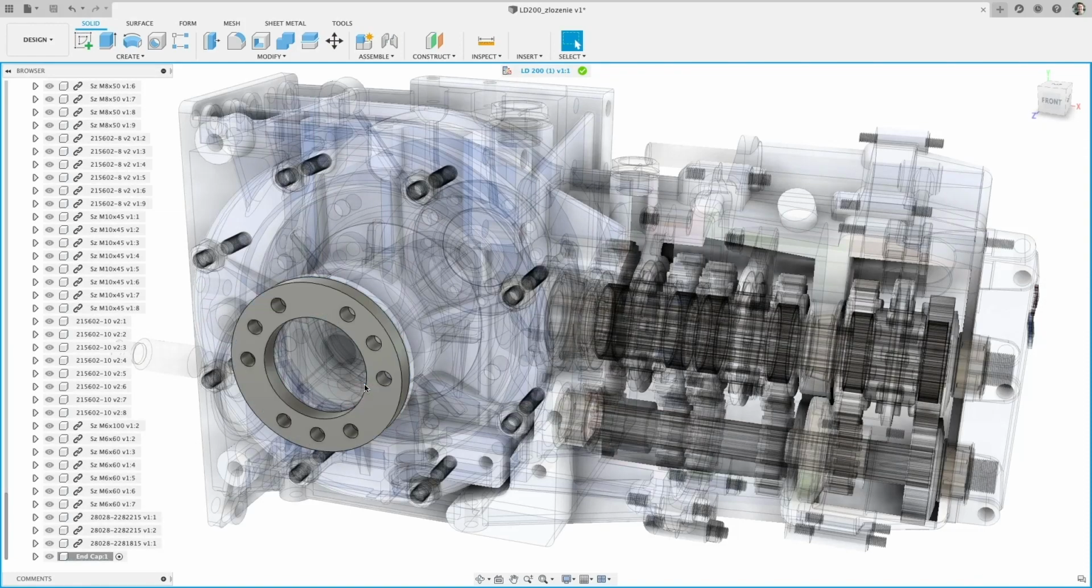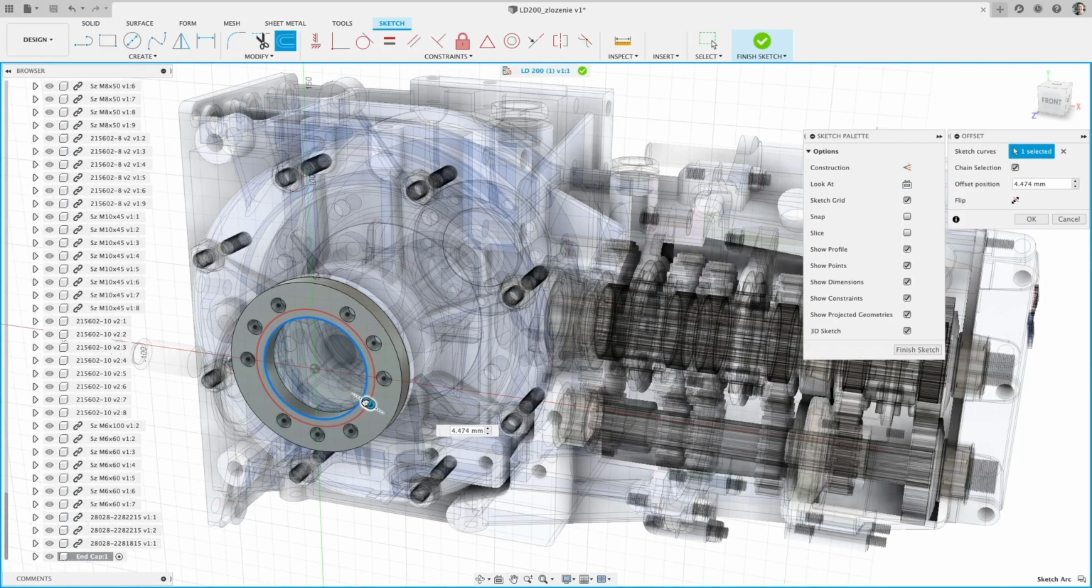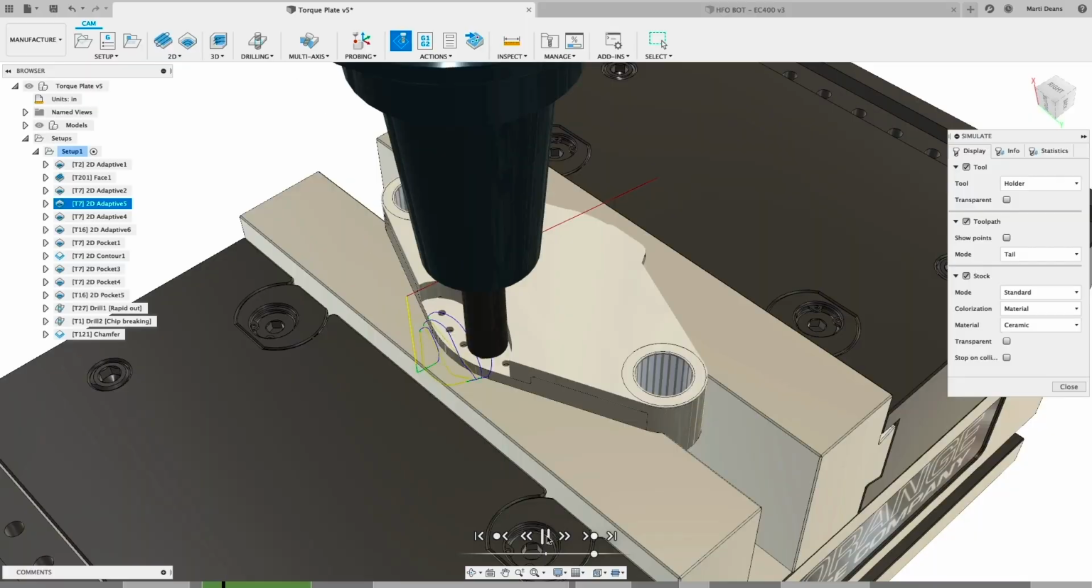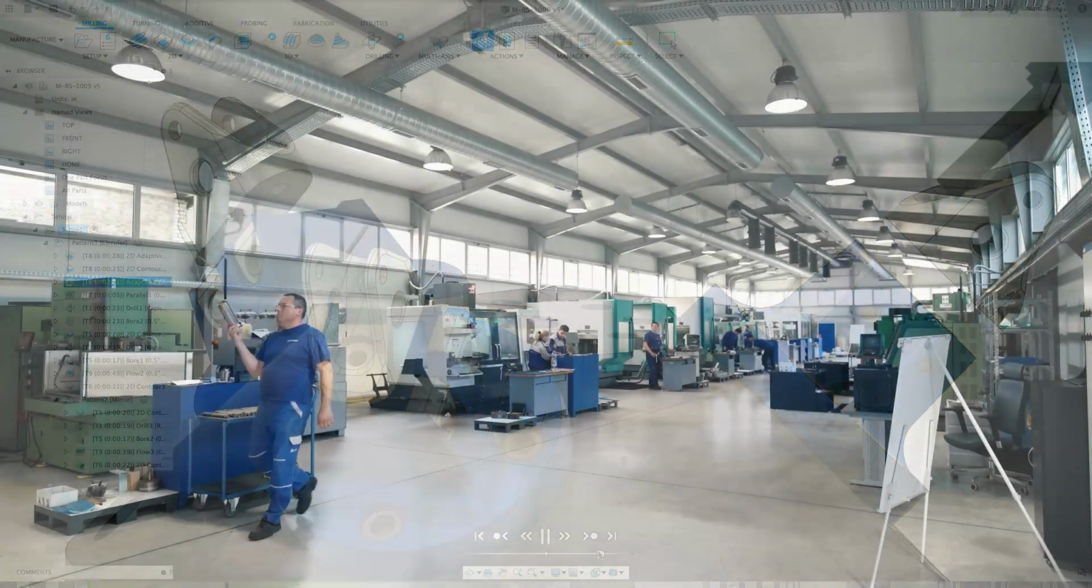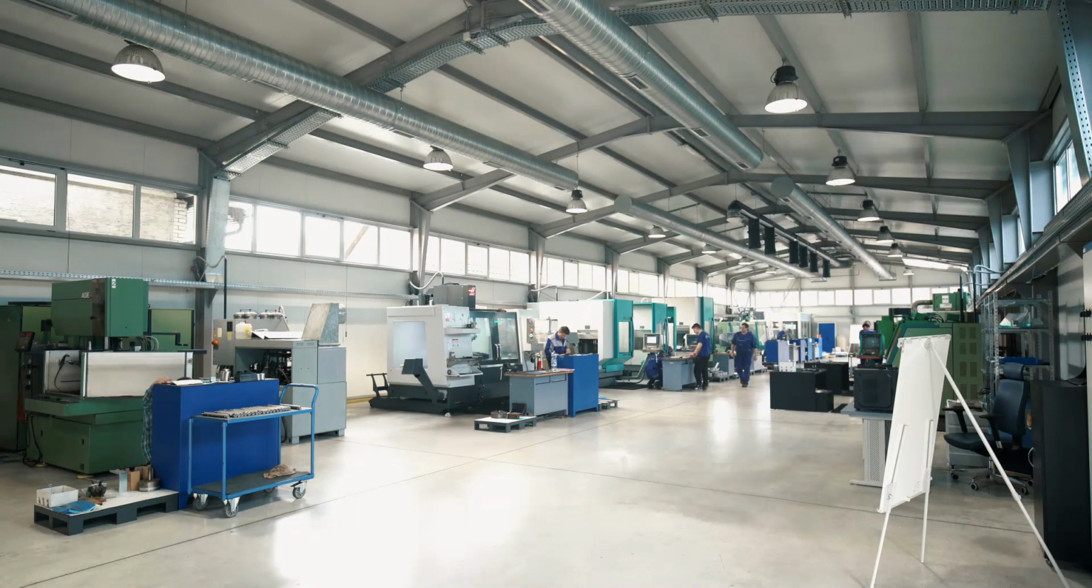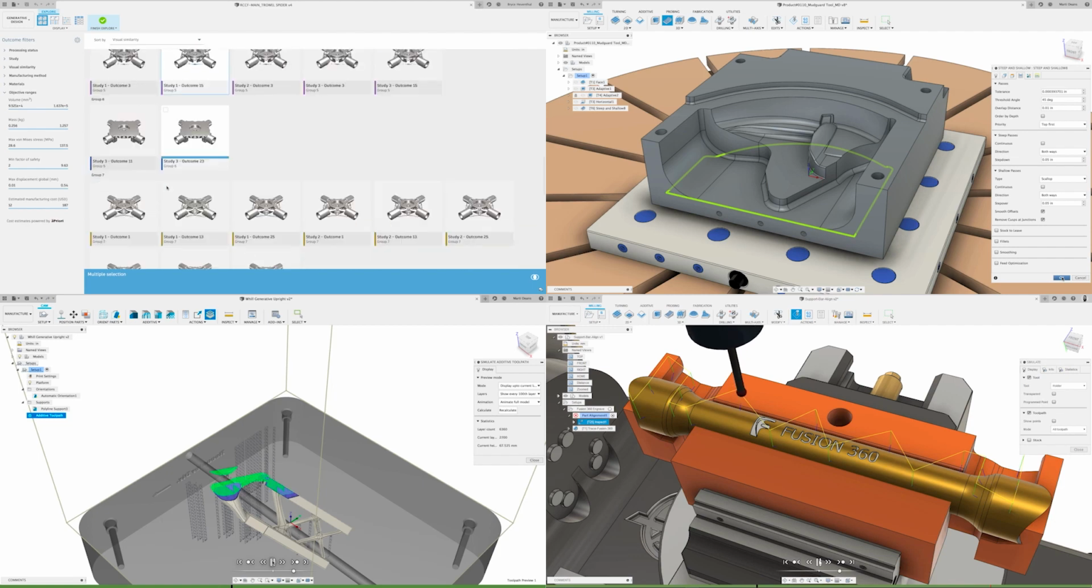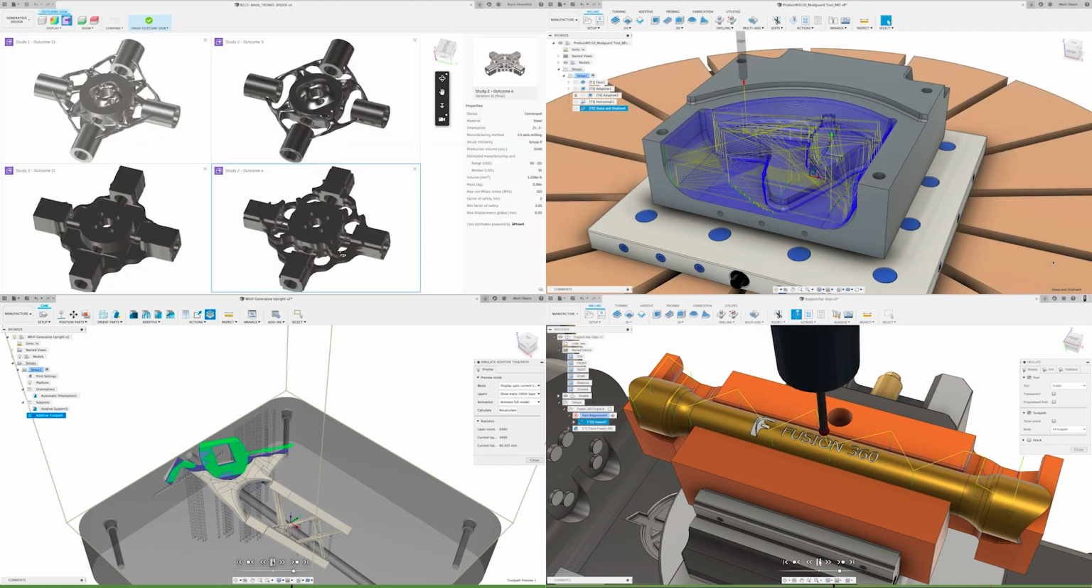A subscription to Fusion 360 opens the door to a vast array of design, simulation, and manufacturing capabilities to help your business thrive. So what happens when your business grows? Well, Fusion 360 can grow with you, with a range of cost-effective Fusion 360 extensions which can help meet your